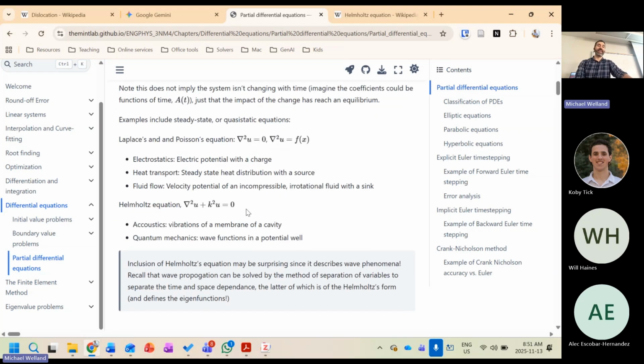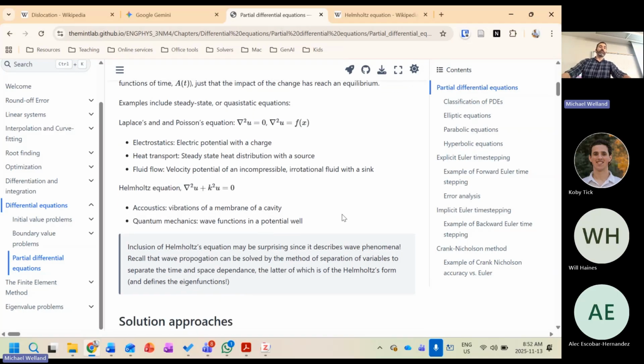The Helmholtz equation is technically elliptic because it doesn't have the time dependence in here. That being said, the Helmholtz equation is usually used to describe waves. The magic there is separation of variables. I'm actually going to finish it there. Do you guys remember this one? If you're looking at the Helmholtz equation and thinking waves, just think about doing separation of variables. If you're curious, look it up, but it's too far. We'd be